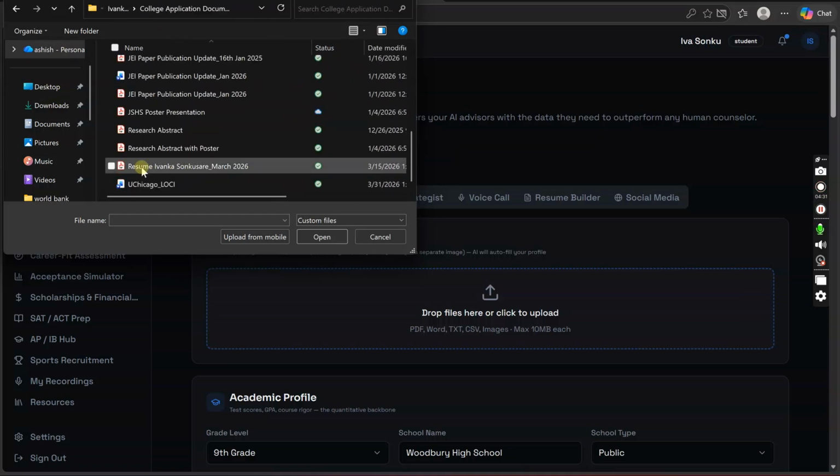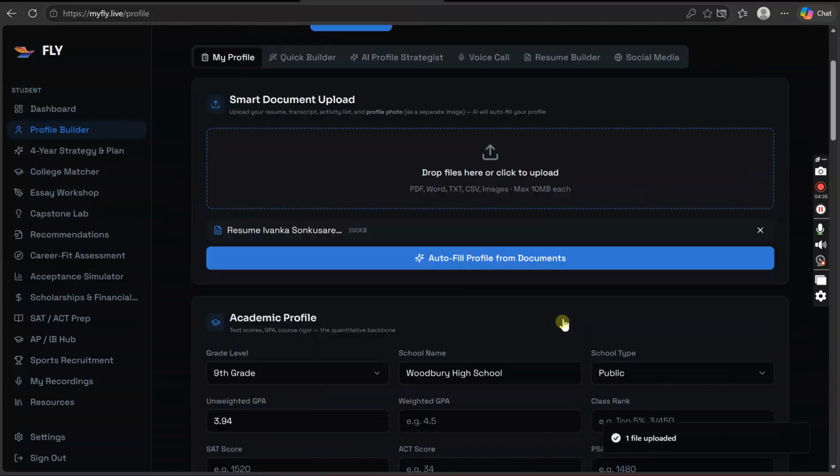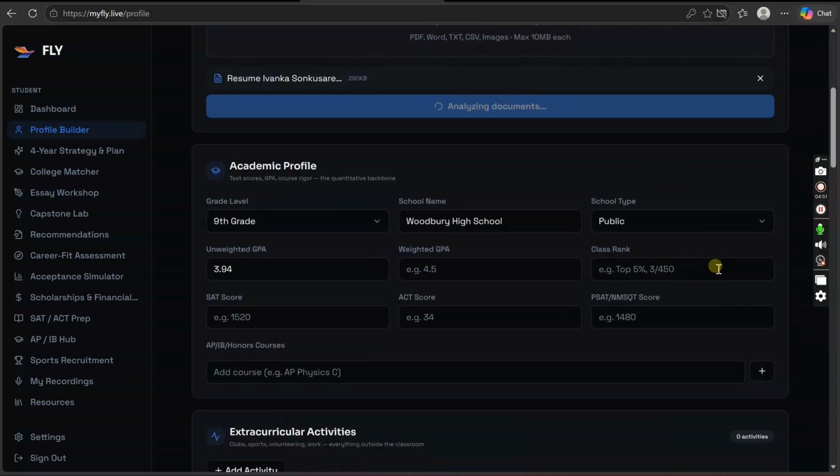For example, I have this resume which says Sivanka resume, right? I just upload it and I say now autofill profile from documents. I just click here. So basically now what it is doing, it's analyzing all the data on the resume, whatever is relevant, whatever information is already available on the resume. I don't have to type it here. It will auto populate all this information, all these fields